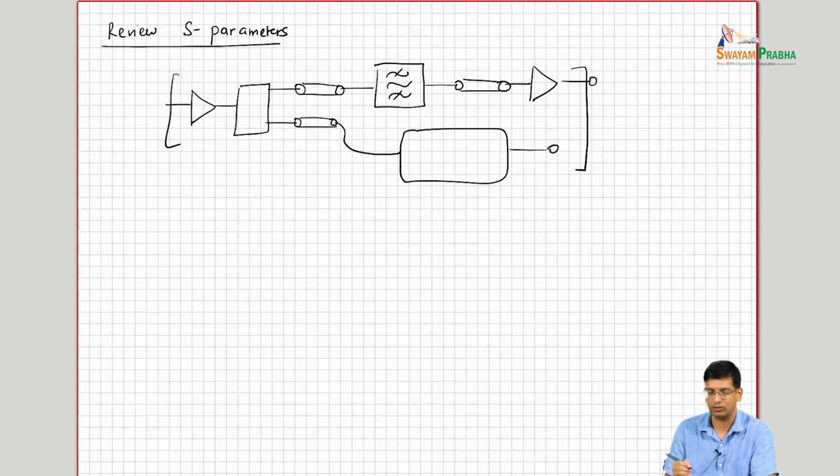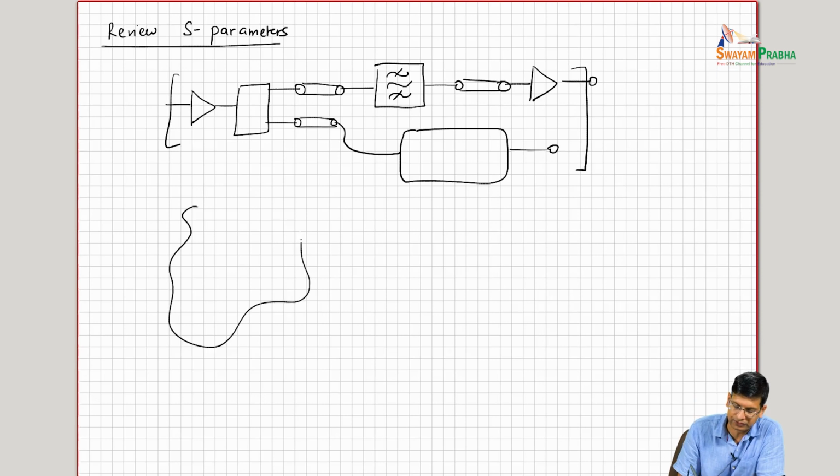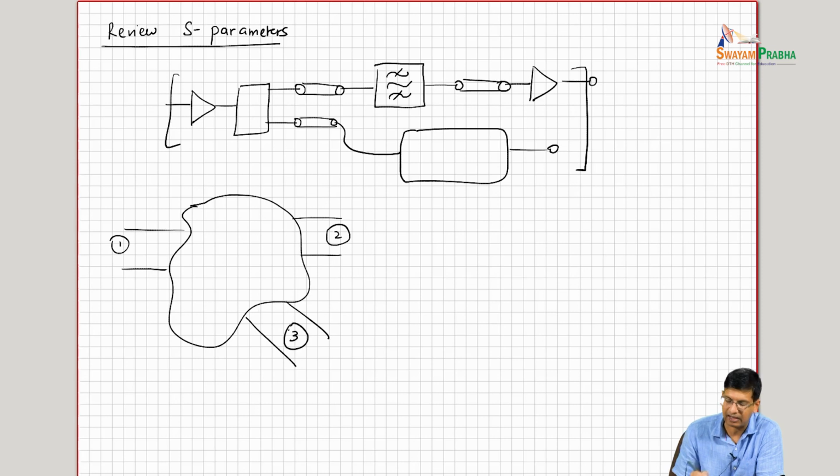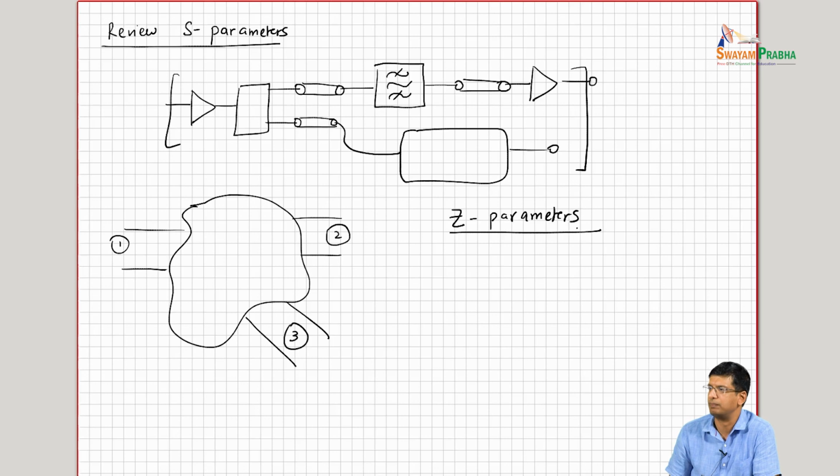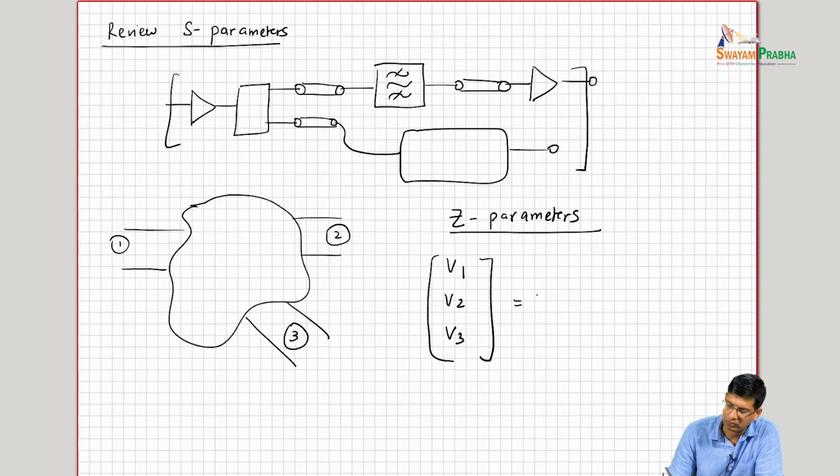I can, of course, consider this in an arbitrary fashion, and consider some network which has what we call ports, places where we are interested in applying input or observing the response. So let's say that I have a 3-port network. Of course, you could generalize this to n. At low frequencies, when we are generally analyzing networks, we use Z parameters, for example, and that just links V1, V2, V3 through a matrix